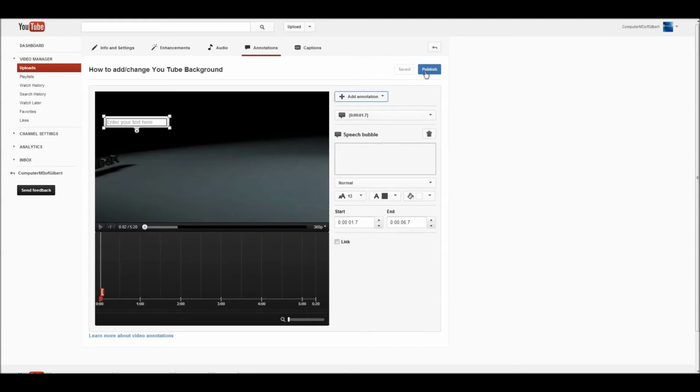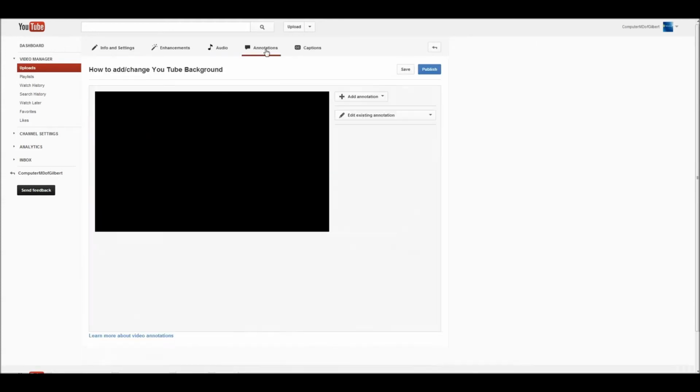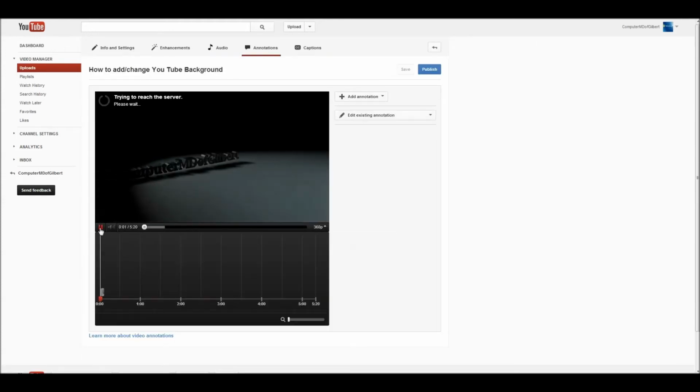Now they're going to want you to publish it. I'm not going to do that right now, but when I'm doing the annotations, my favorite thing to use is either the